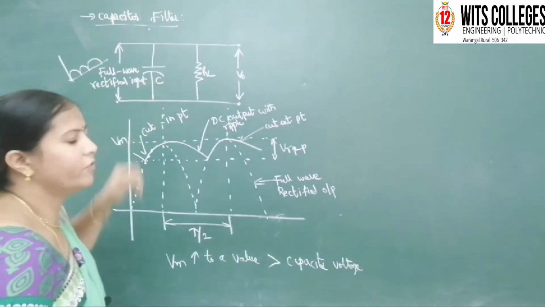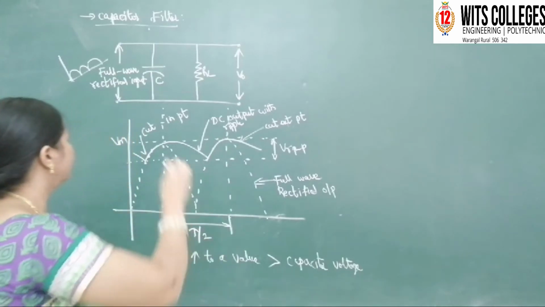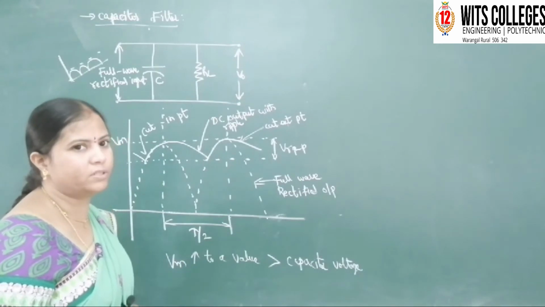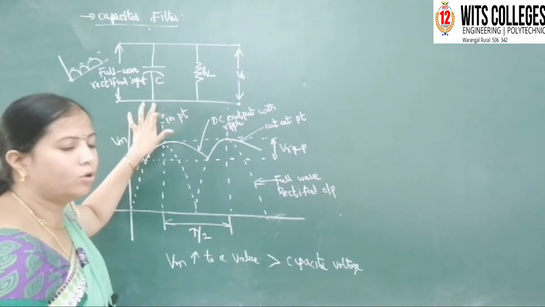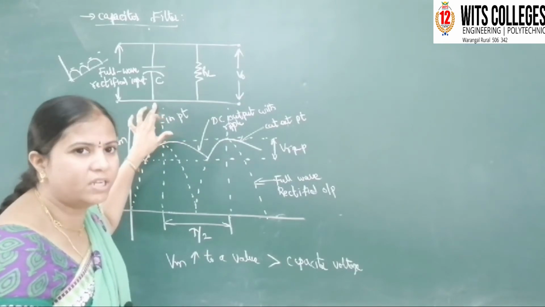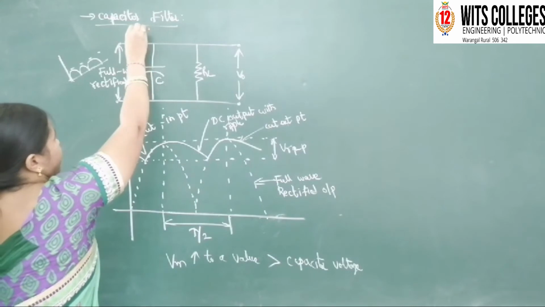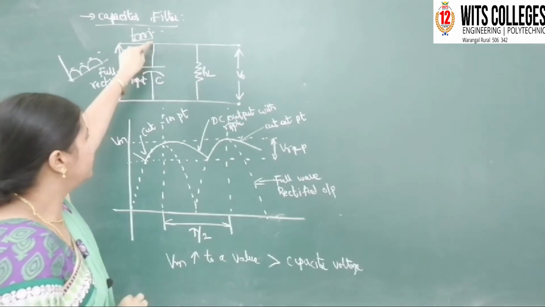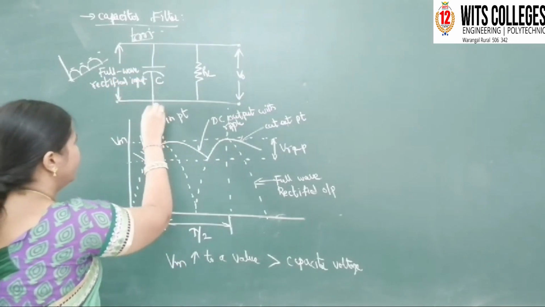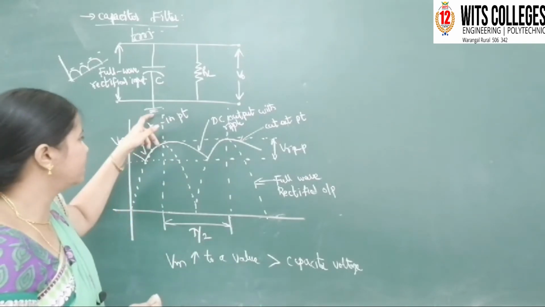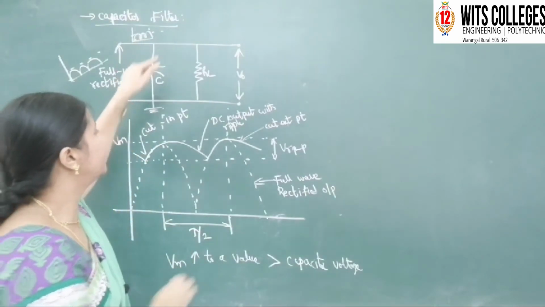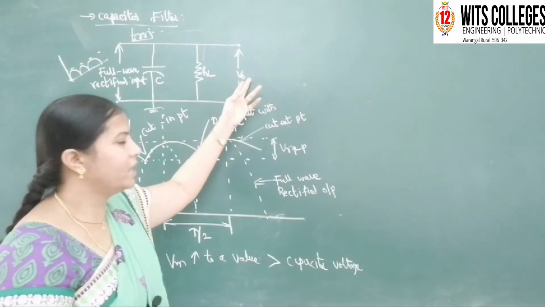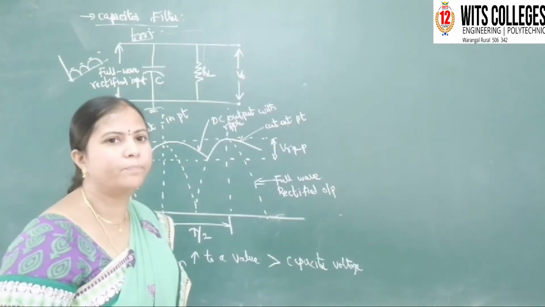So what is the use of the capacitor here? The capacitor is used to allow AC components and block DC components. The rectifier output has AC components and DC components. Allowing AC components means the AC components are short circuited to ground, and the remaining DC components go to the load resistor RL. So at the output of the filter V0, you get approximately pure DC output.